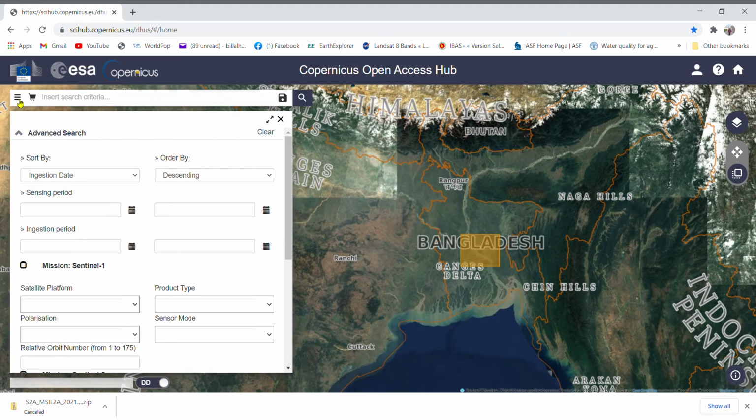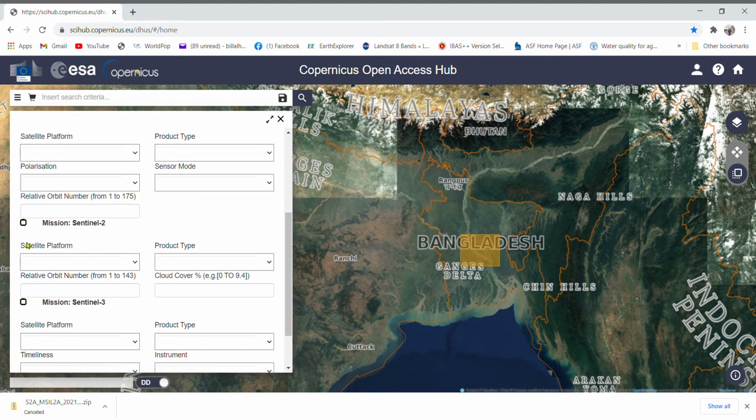You'll find some options. First, sort by ingestion date. That means the sensing date, you need to click here and order by descending order, so that you will get the more recent data in your data card. Then go to the mission Sentinel-2, just click here, nothing else.